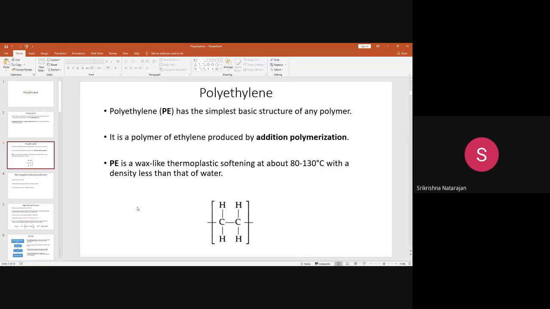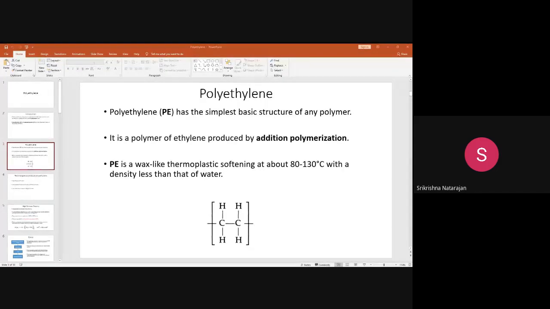Here this fiber has a low density. This fiber will float in water. That is why, because of the low density, it floats in water. If you take polyethylene or polypropylene, both have a low melting point. If you take these fibers and put them in water, they will float. Yes, Atish, do you understand?